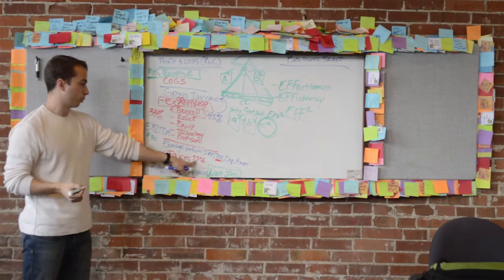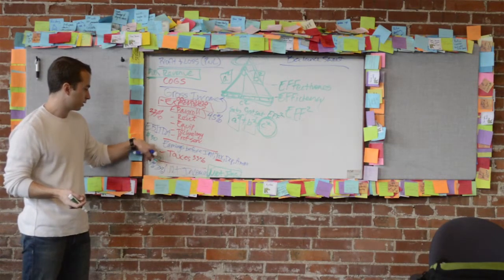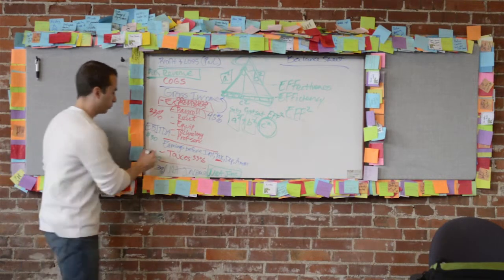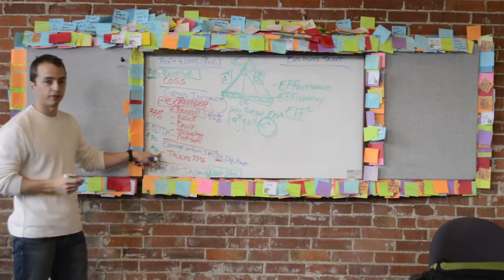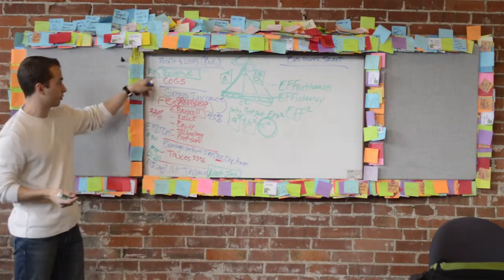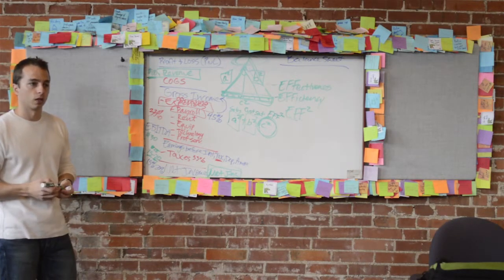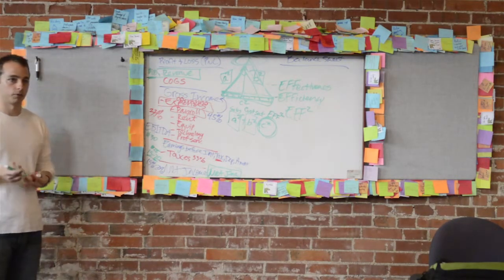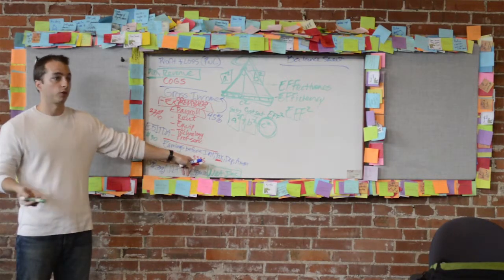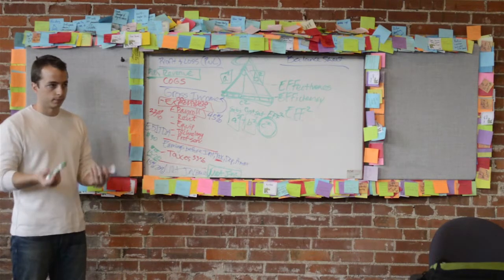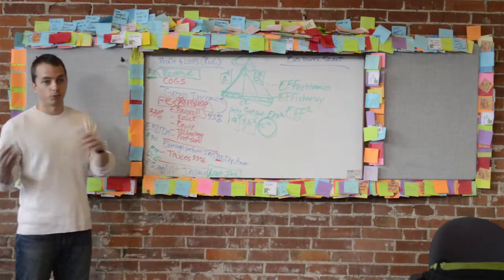If this tax number was cut in half, to 15%, then we would now have $25 to invest in someone new. So we'd have an additional $5, an additional 5% off the top, to invest in some new people. So that's the kind of political rhetoric of why, if tax percentages go down, job creation could go up. That's also with the caveat that businesses will use that $5 for people and not for